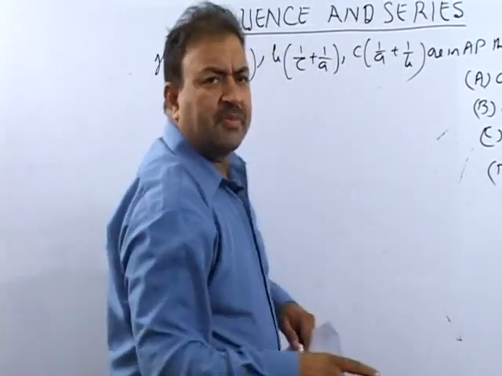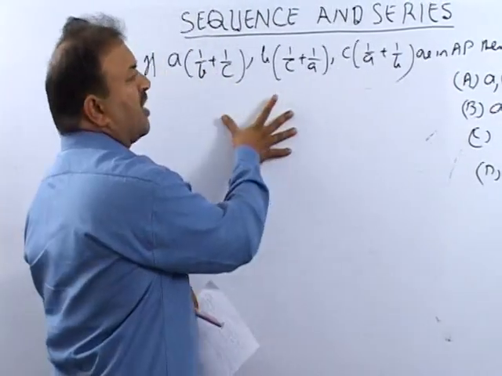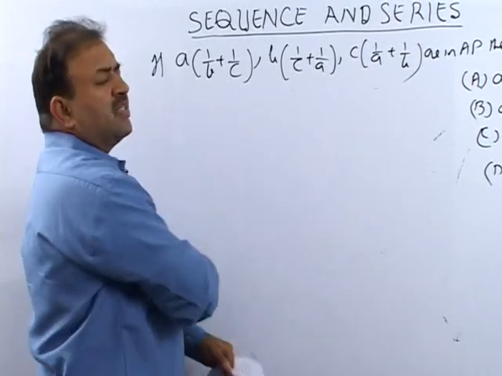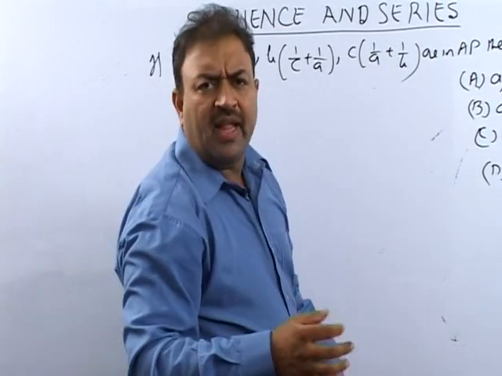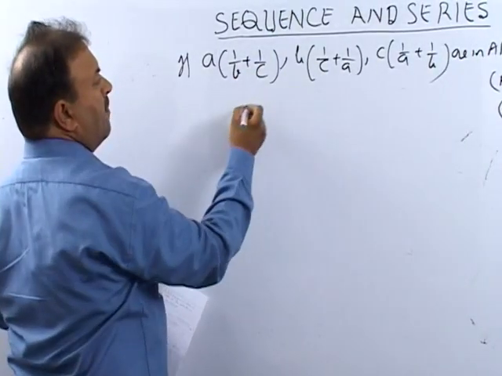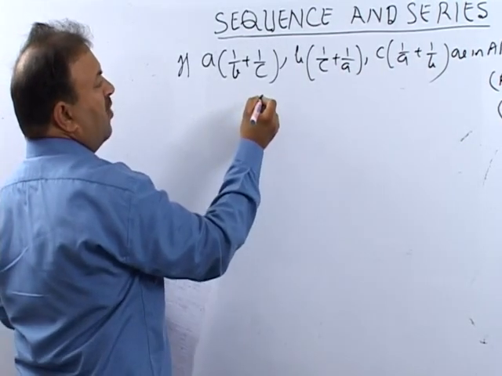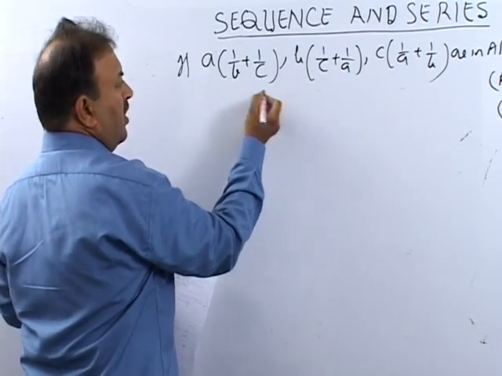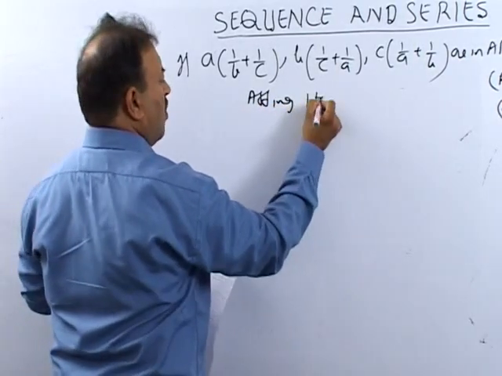अब हम वैसे जैसे पिछले क्वेश्चनों में करते आ रहे थे, हमने 3-4 क्वेश्चन इकट्ठे किए. When the 3 terms have been given in AP, हम करते हैं twice the middle term is equal to sum of extremes. उससे proceed करेंगे तो काफी lengthy हो जाएगा क्वेश्चन. So the best method we adopted, it comes out to be say adding 1 to all. This is in AP, then adding 1 to all.